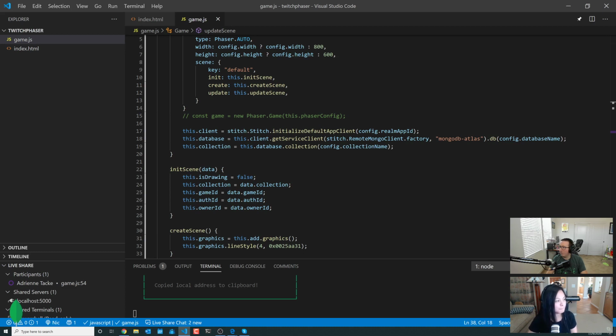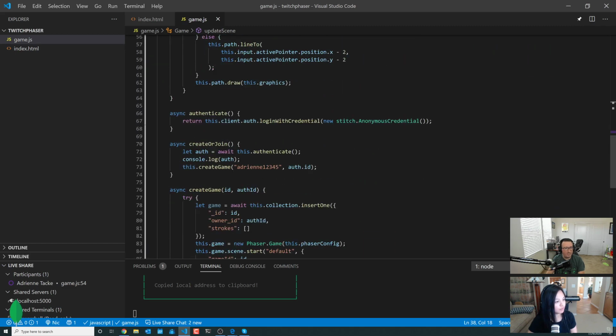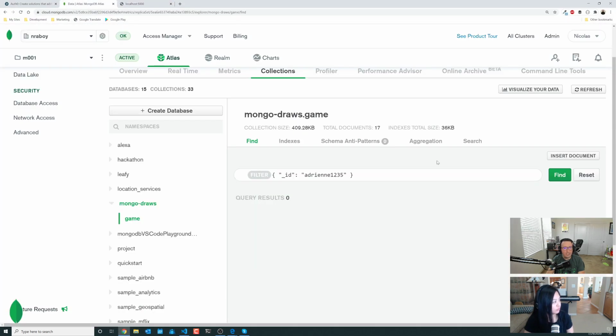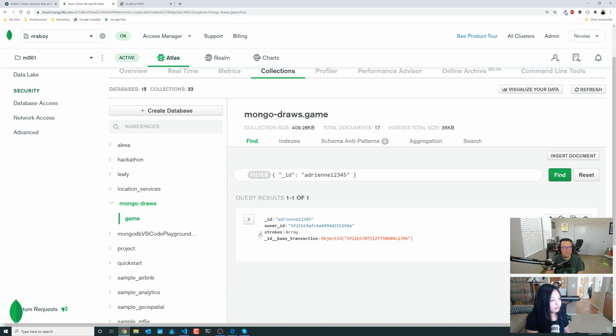Are you filtering on the right ID in Compass? Yeah, I was. I think. Let's double check just for the sake of sanity. 12345. And in Atlas we are not. All right, that could be it. That could be a good call. Thank you, Klein Hansen.